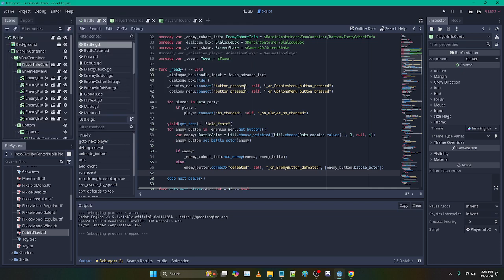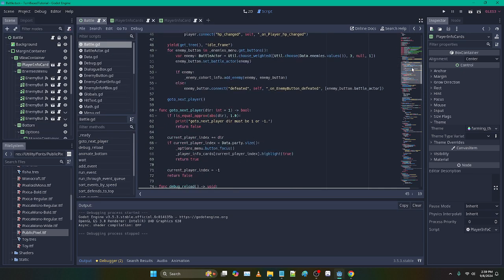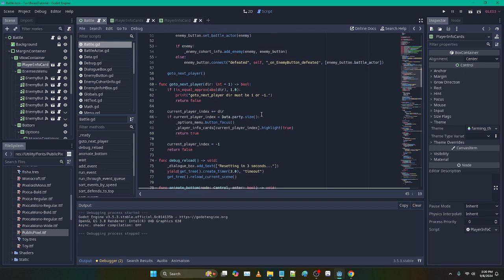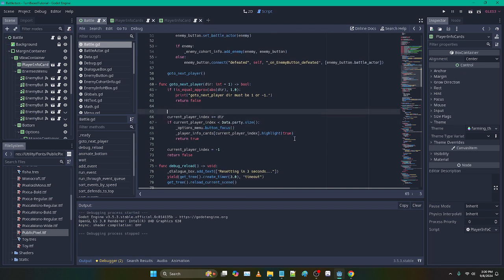And we also need to call the reverse, which we can do prior to advancing the index. It's going to be player